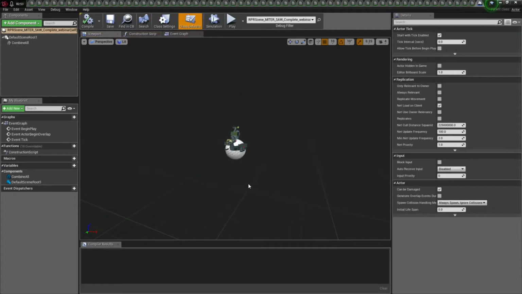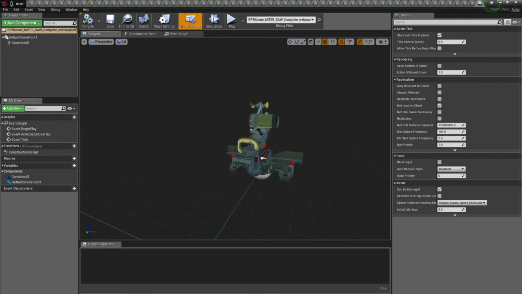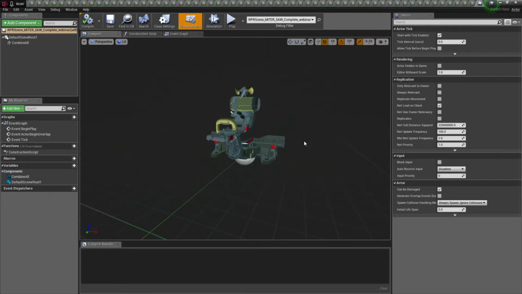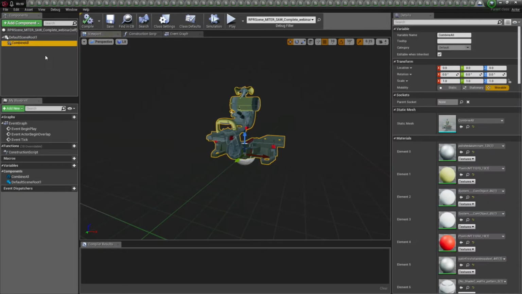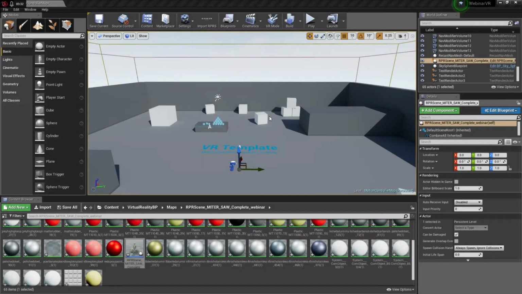Okay, so now I am here. There is my object, and I'm in the blueprint editor for Unreal. This is where we assign properties to the object, such as physics. So these are all the materials that were converted from ProRender physically correct materials into Unreal shaders. And I will turn on physics, and I'll show you why I do that in just a second. Now I will compile the blueprint, close the blueprint editor, and now